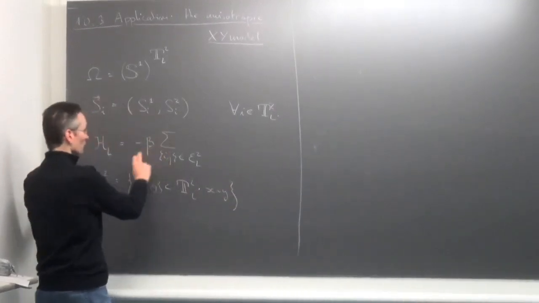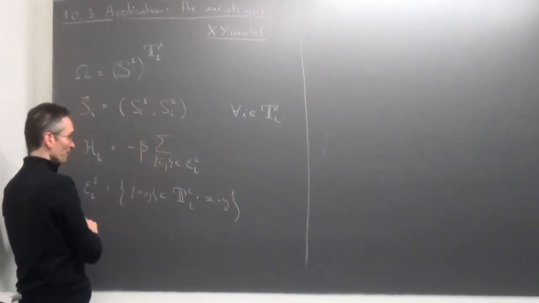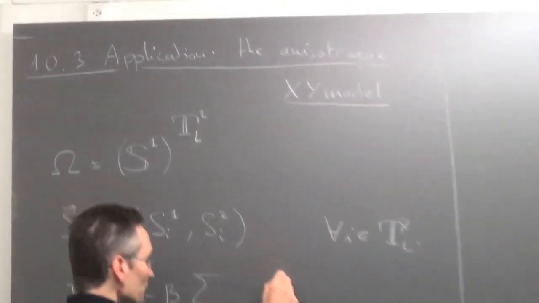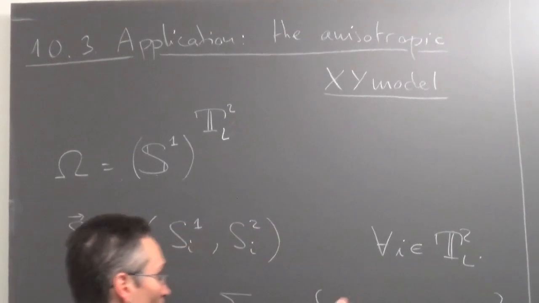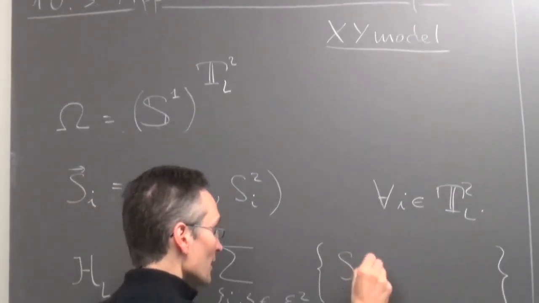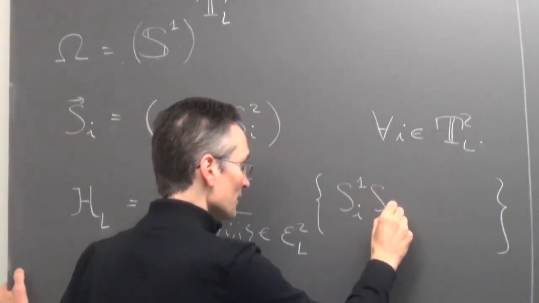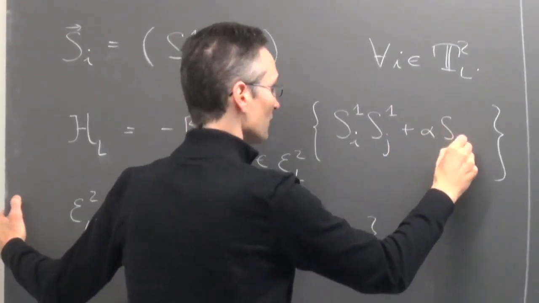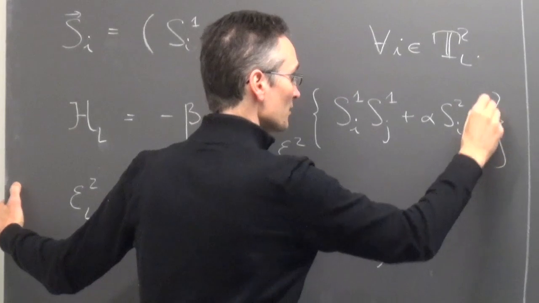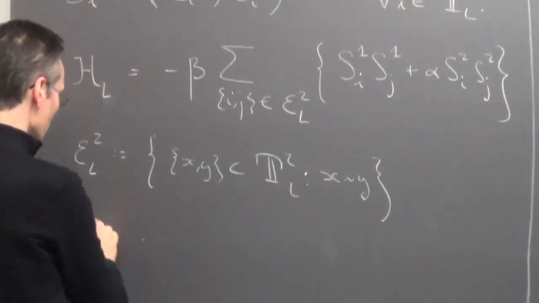So it's minus beta, sum over all nearest neighbor vertices of, and this is where there is a difference with the usual XY model, Si1 Sj1 plus alpha Si2 Sj2,